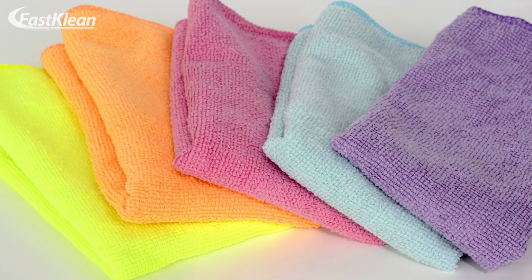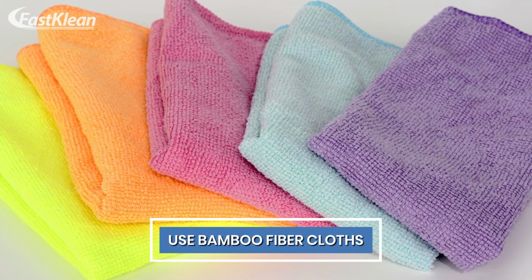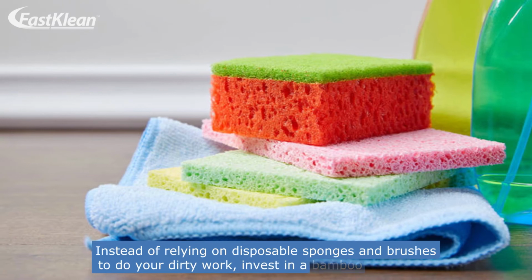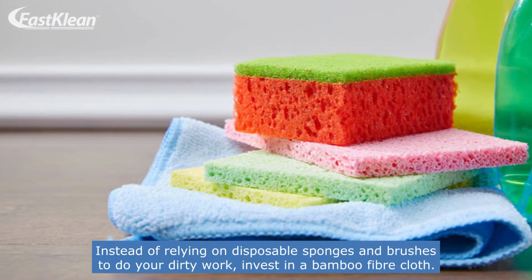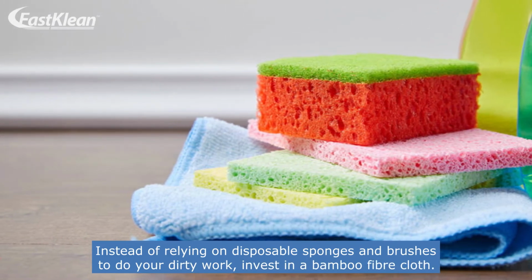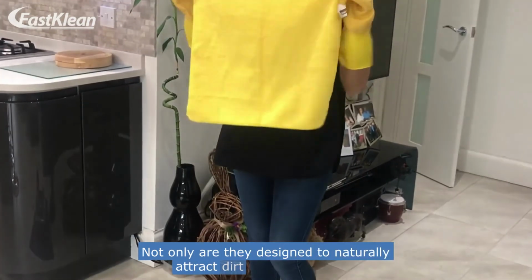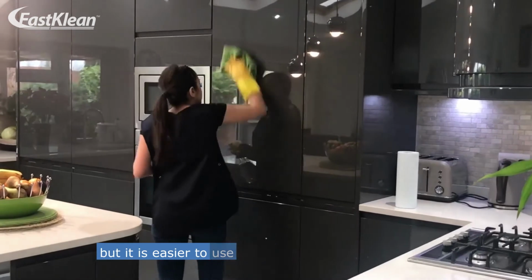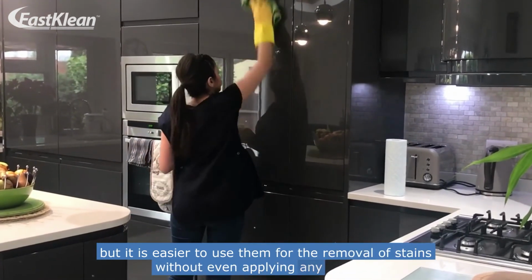Number 6. Use bamboo fiber cloths. Instead of relying on disposable sponges and brushes to do your dirty work, invest in a bamboo fiber cloth. Not only are they designed to naturally attract dirt and other debris, but it is easier to use them for the removal of stains without even applying